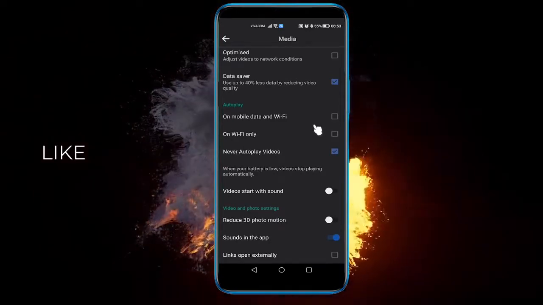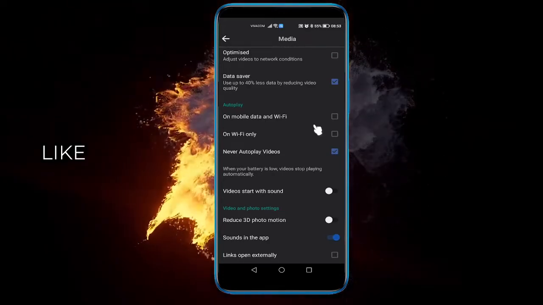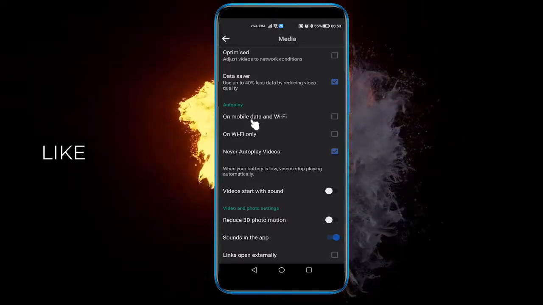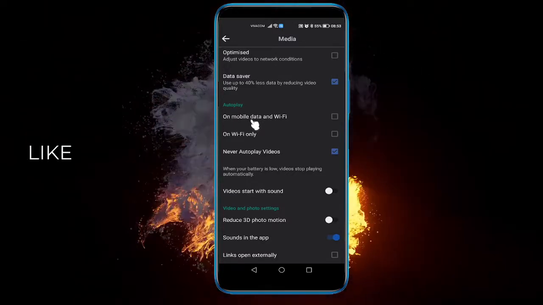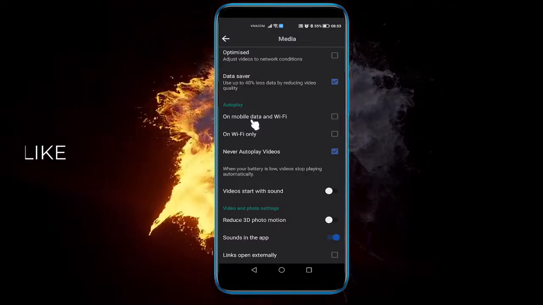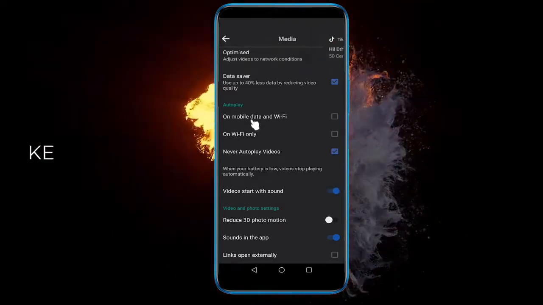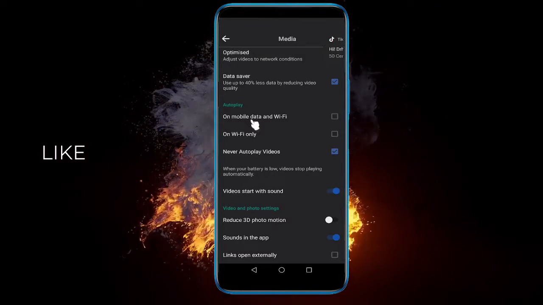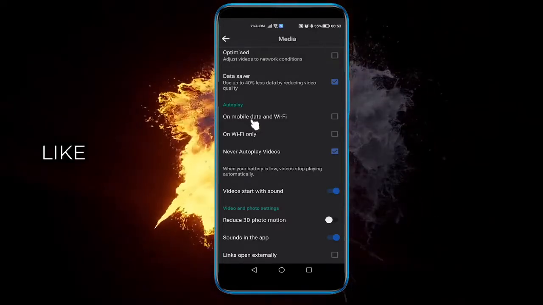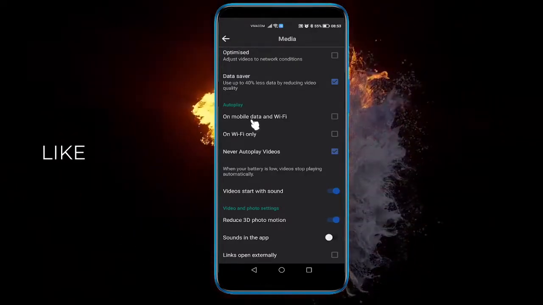and you want to turn off anything that autoplays by itself. So I've turned off autoplay on Facebook videos because you don't want anything to start playing automatically and just starting to drain the data all by itself. Remove videos start with sound because that also just bundles up on top of the data. Reduce 3D for the motion as well. You can remove sound in the app, and